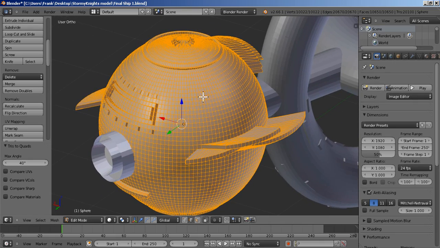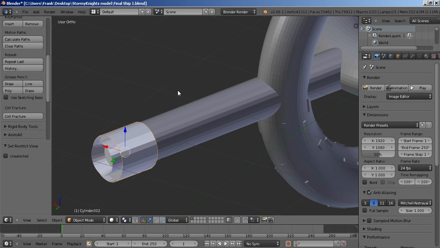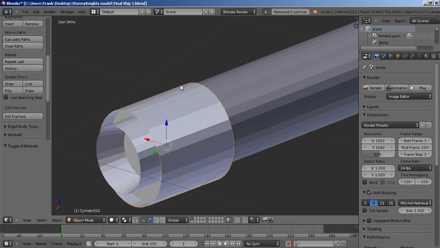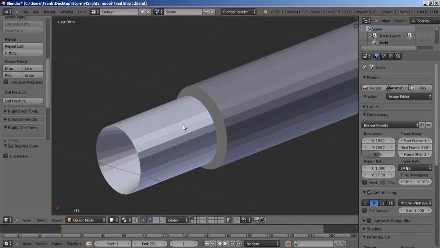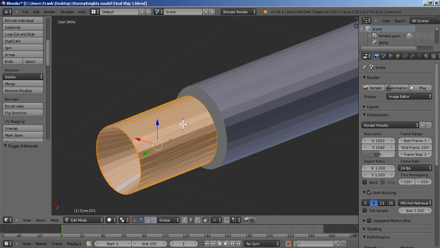turn into quads. Then normally when I see triangles, I always click remove doubles, and this one doesn't have any extra vertices or anything, so I'm just going to hide that one, then click on the next object, tab into edit mode, press Alt J, and remove doubles, and this one doesn't have any. I'll press H to hide it, select the next object, tab into edit mode, Alt J, remove doubles,